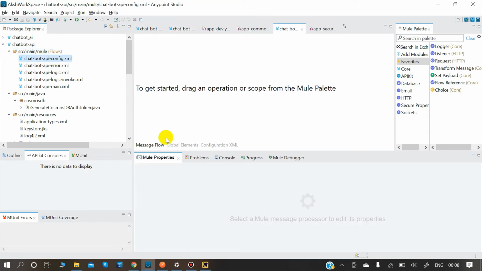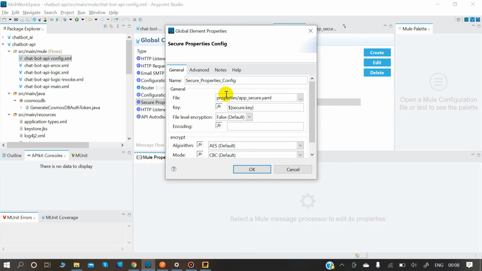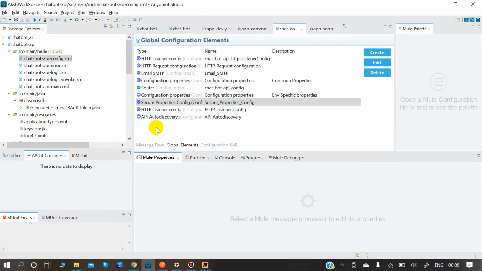So in my case, let me go to my config, global properties. There is something called a secure properties module. Edit properties. I am using the AES algorithm to encrypt my passwords, you can say, string values, and the key is coming from the application. As a best practice, we shouldn't be storing that secure key here.